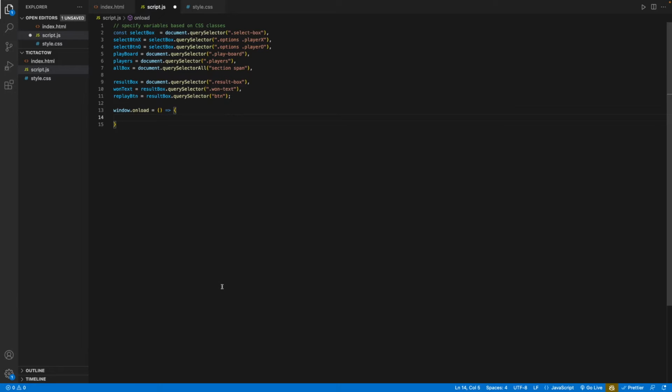So we first need to make sure that all the boxes in the board are clickable. So how can we do that? We can achieve that by setting an attribute to all the boxes inside section span. So we have to make sure that all the tiles within the playboard are clickable. So for